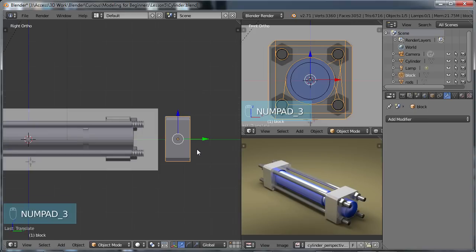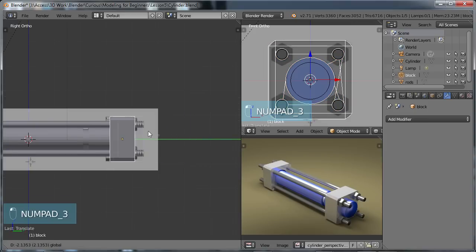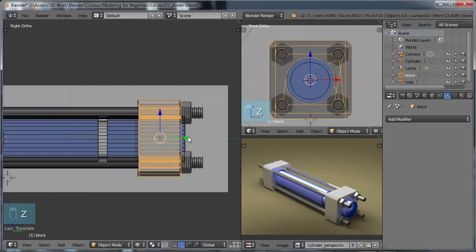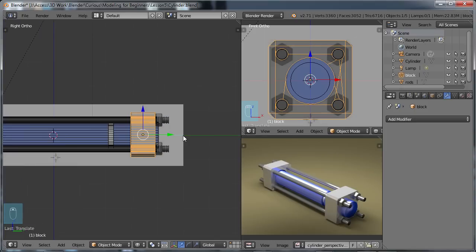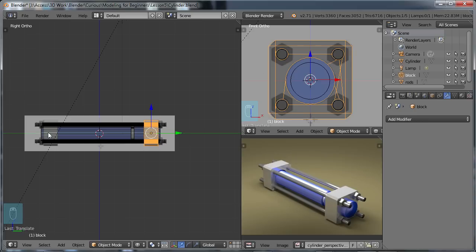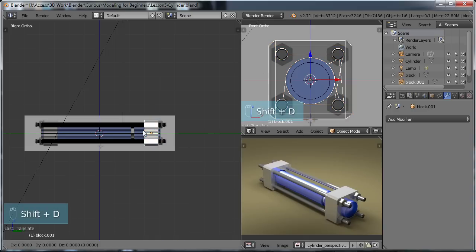So I'm going to choose 3 side view, and I'm just going to move it into place. I'm going to Z wireframe so I can make sure I'm in the right area here. Okay. Now we have another block over here, but it's exactly the same as the other one. All we need to do is duplicate it. So I'm just going to choose Shift D to duplicate, select off of that, and just move it down to this end here,